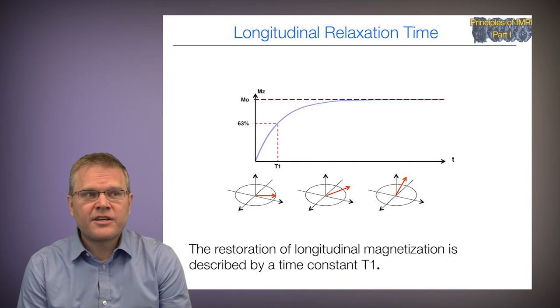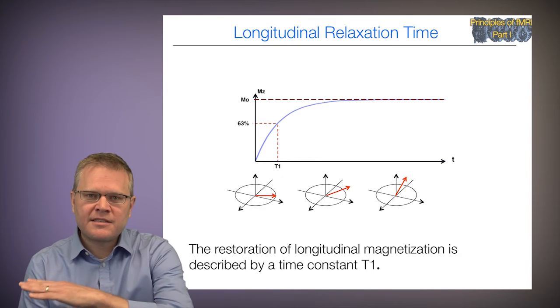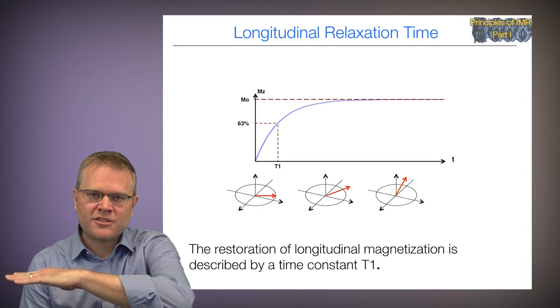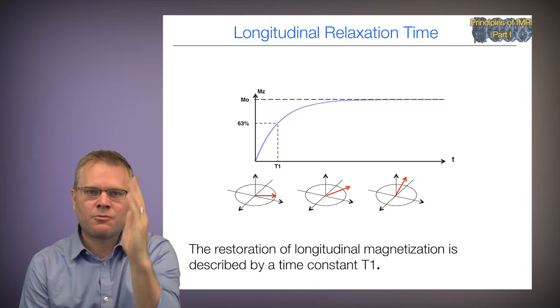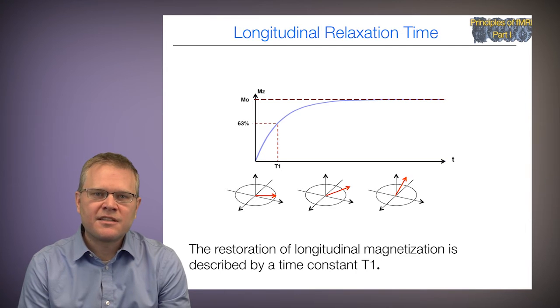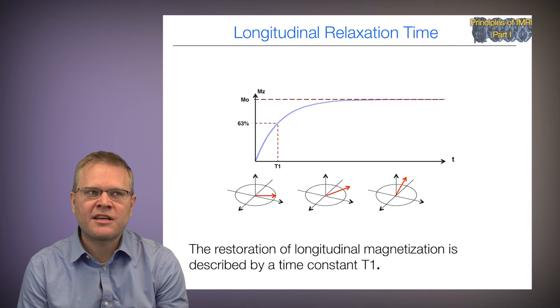So here's an illustration of the longitudinal relaxation time. Basically this is measured by the time it takes the net magnetization to go from pointing in this direction back to the original z direction. And this is described by this time constant T1 that we see here, which is the time it takes to return to 63% of the original